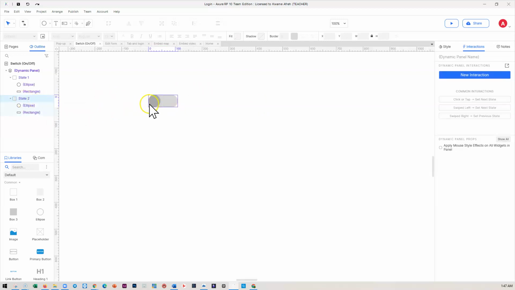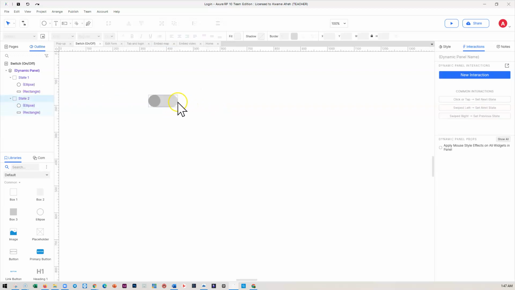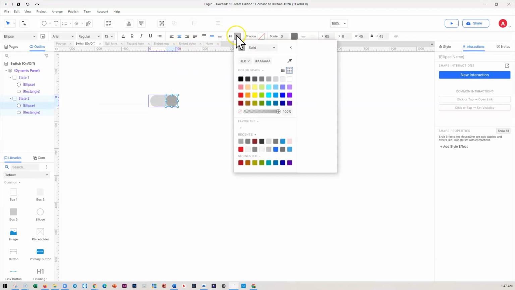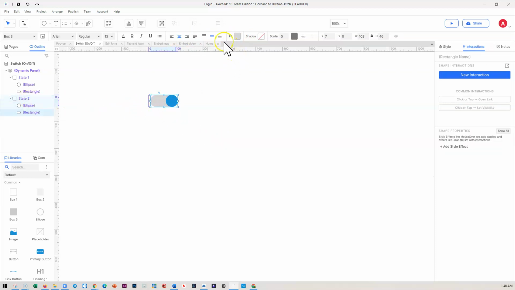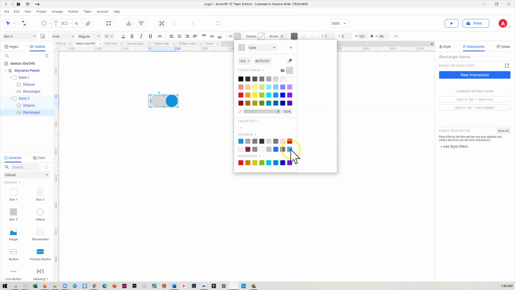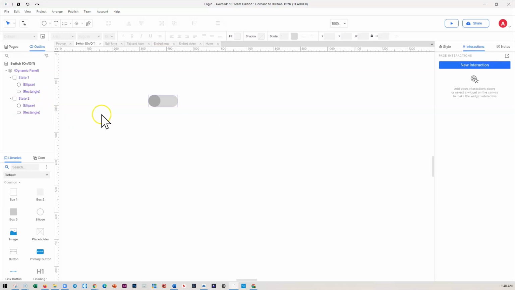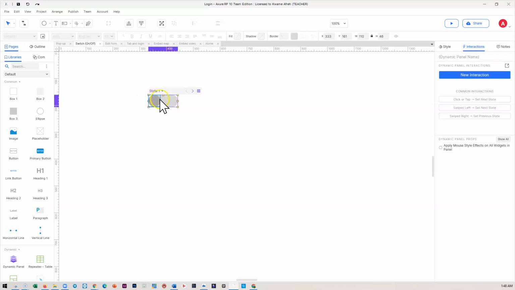So let's go to state 2. In this case, I want to move this one here, and then I need to probably change this to blue, and then I also want to change this to a little bit, maybe not full blue, but this could be fine. Okay, so now that we've been able to put, if you click on it, we have two states, state